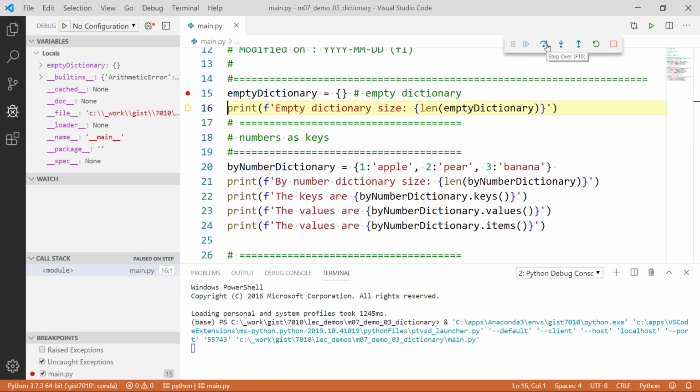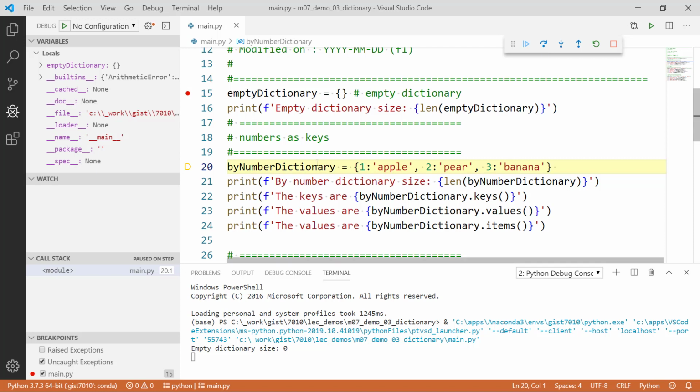Now, if I ask something that's empty how big it is, what's going to happen? I get 0. That's good. That makes sense. Right? There's nothing in it yet. I can add stuff to it, clear it out. So there are these cases where, on purpose I'll make a dictionary or a list empty by clearing it. So I'm about to make a new dictionary